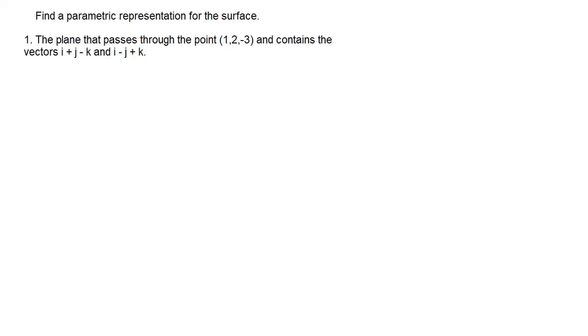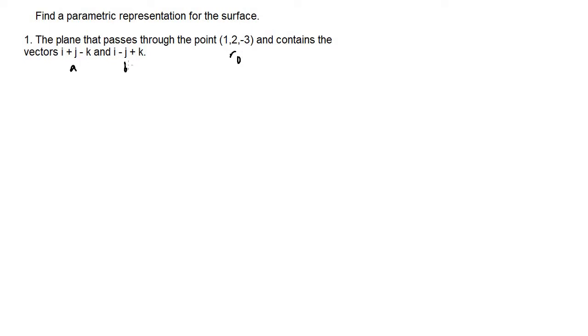So for these next set of problems, let's go ahead and find a parametric representation for the surface. For number 1, we have the plane that passes through the point (1, 2, -3), and contains the vectors i plus j minus k and i minus j plus k. So notice we are given two vectors. We are given a point that the plane passes through. So the point is going to be r sub naught,